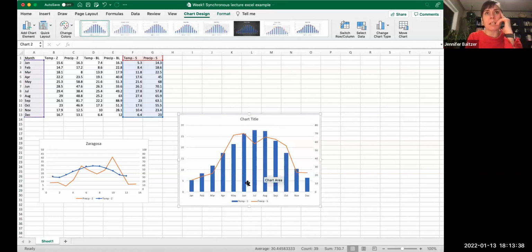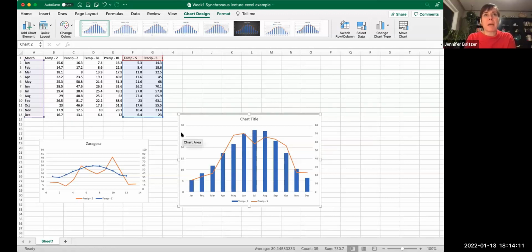I hope everyone's seeing this. Okay, so a first step that we have to do is take a look at our axes. So our precipitation axis goes from 0 to 30. Our temperature axis goes from 0 to 80. And so we need to change this. And we can either leave these bars as bars, or we can change them to lines. I'm just going to leave them as bars here because it doesn't really matter. You're going to be able to tell if your precipitation in that month, sorry, if your precipitation, the orange line, is exceeding your temperature.